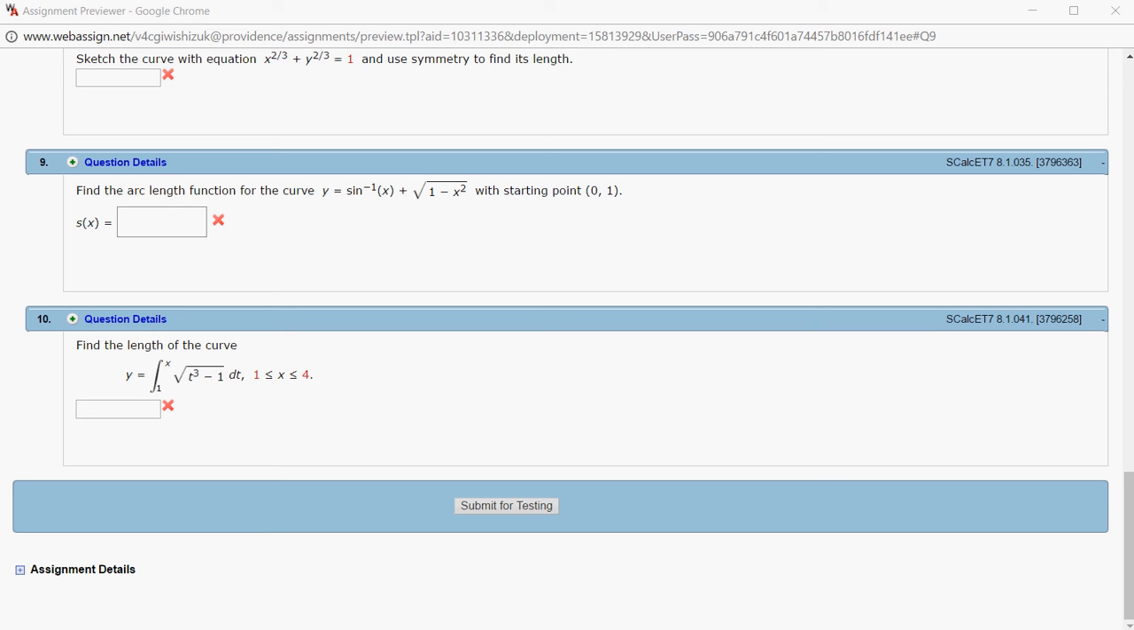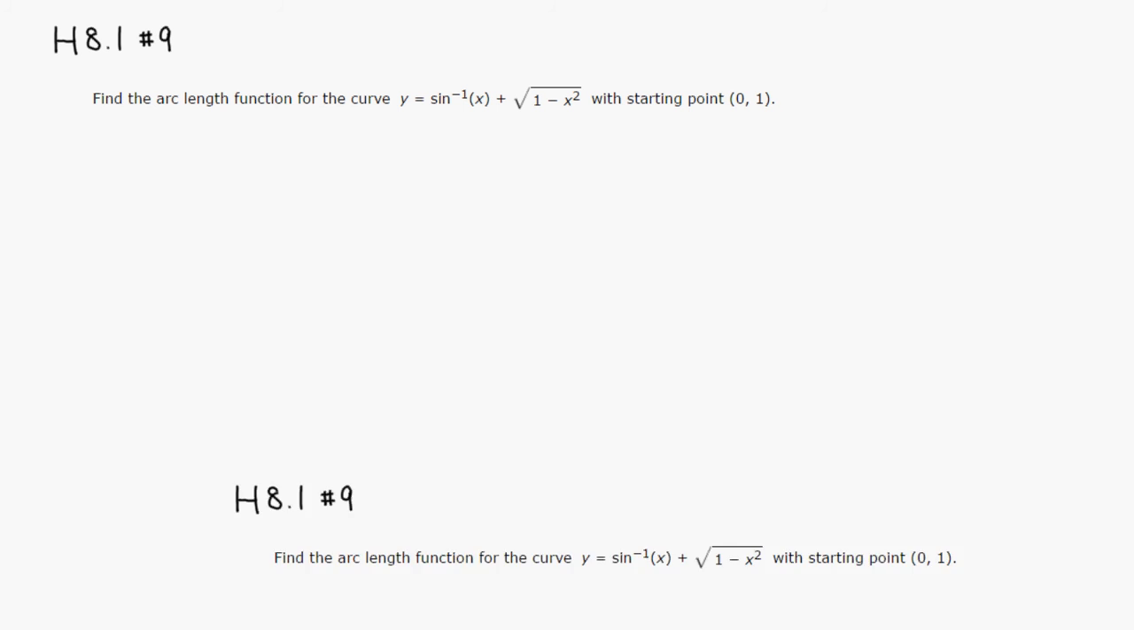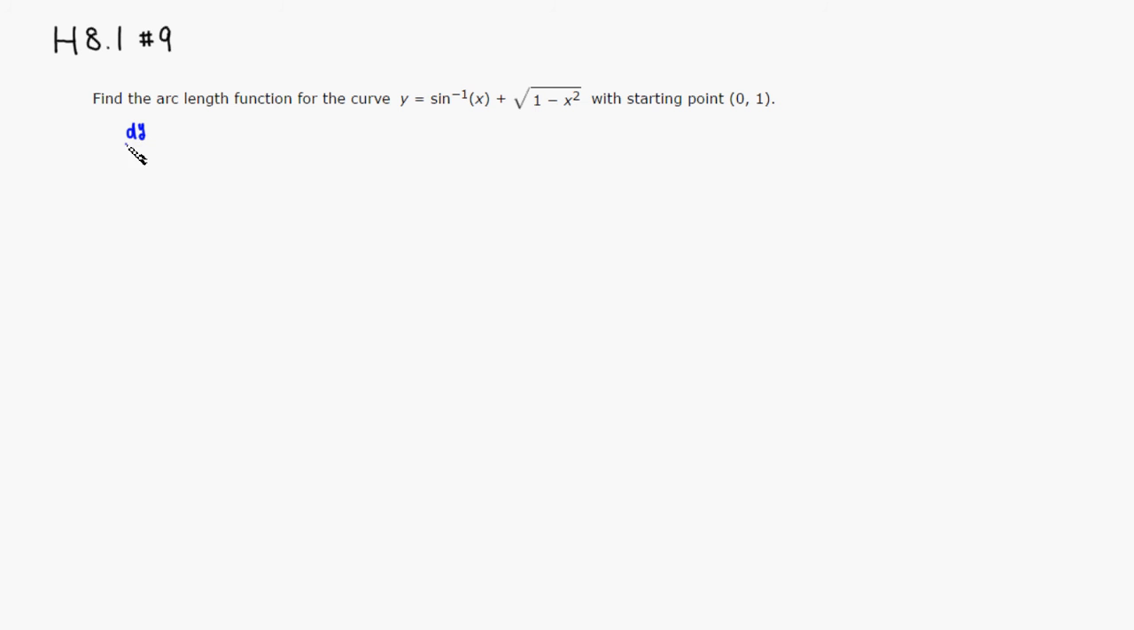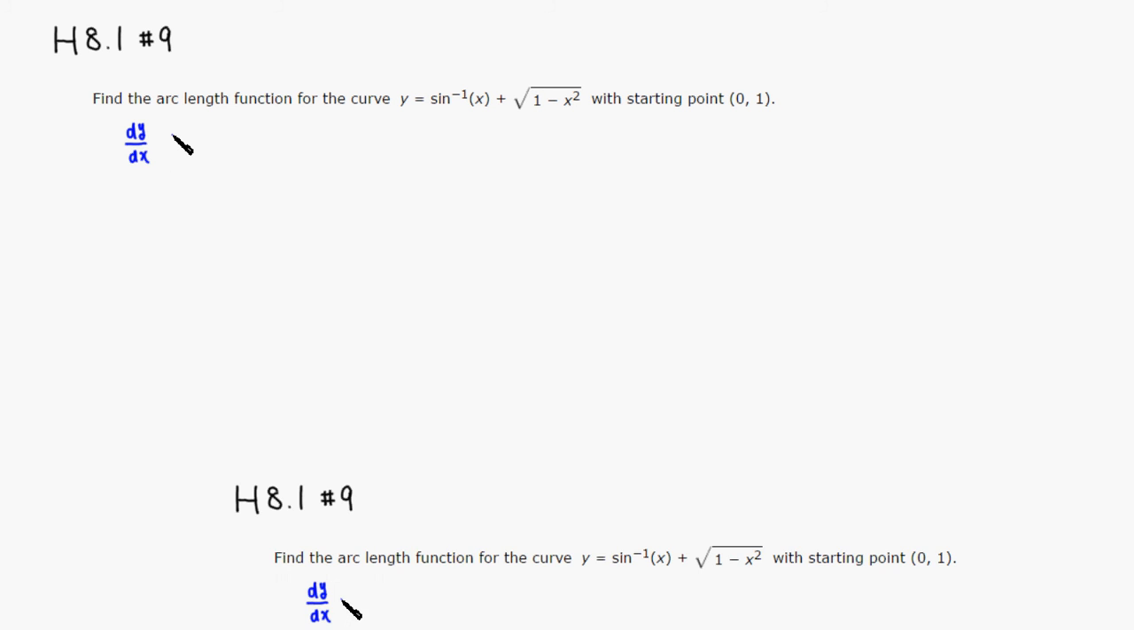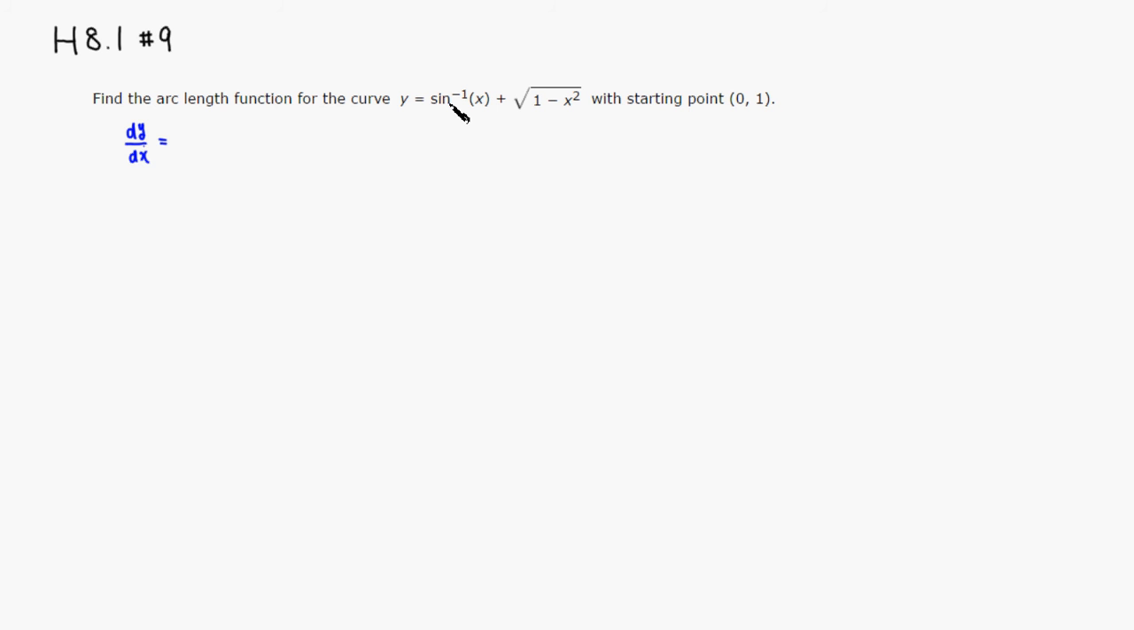Alright, let's look at homework 8.1, problem number 9. We want to find the arc length function for this given function. First, let's find the derivative. dy over dx is equal to the derivative of arc sine, which is 1 over